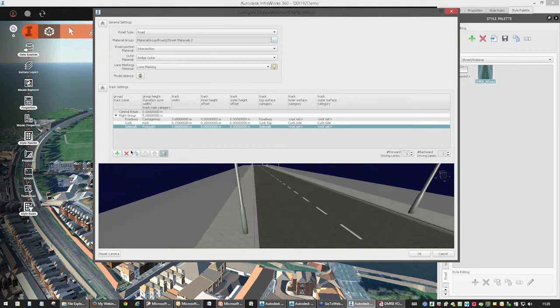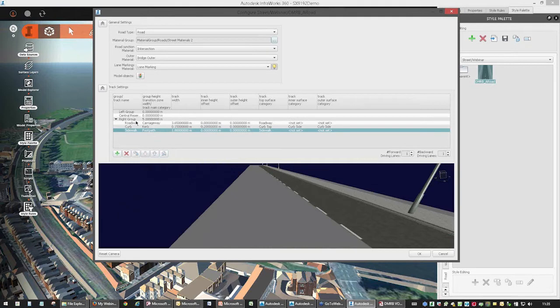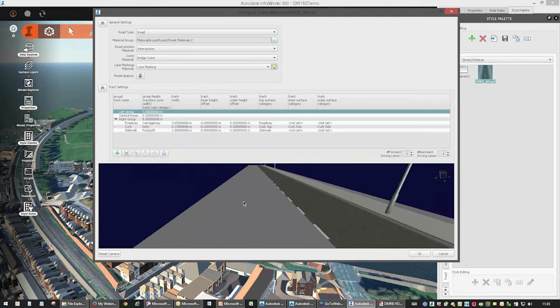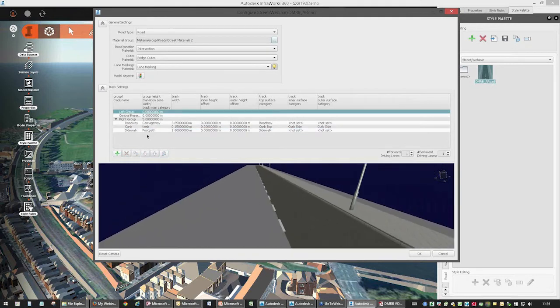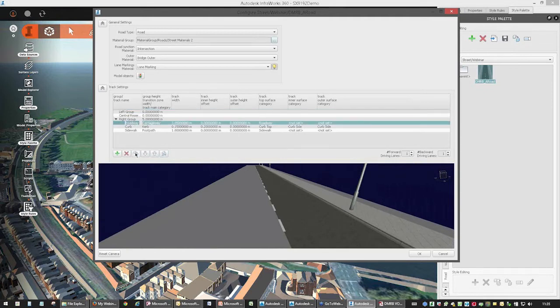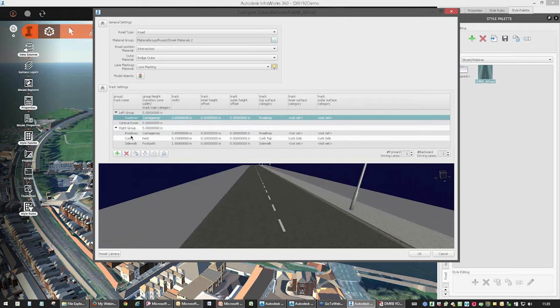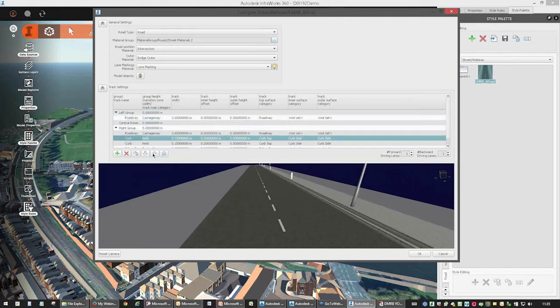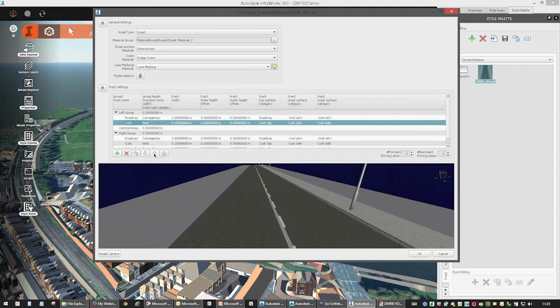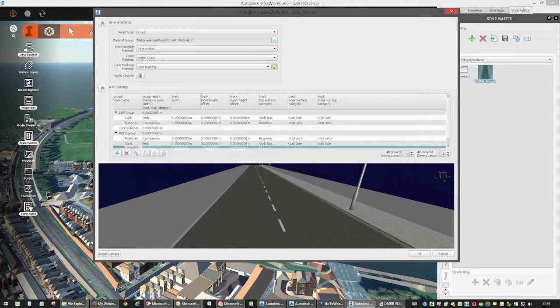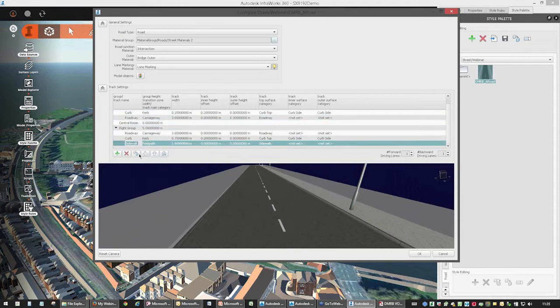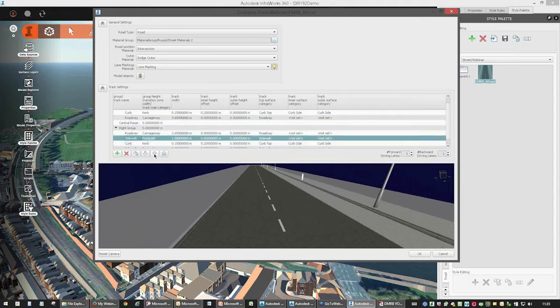So the way you do that is you'll notice that there is only a right group in here, and that's because this button here is copying them. If I uncopy it, I now get a left group. You can see I've lost the left hand side of the road. So all I need to do is select the roadway, duplicate it, and send it up to the left hand side. There it is. Get the curb, duplicate it, send it up to the left hand side, and get the pavement, duplicate it, and send that up to the left hand side